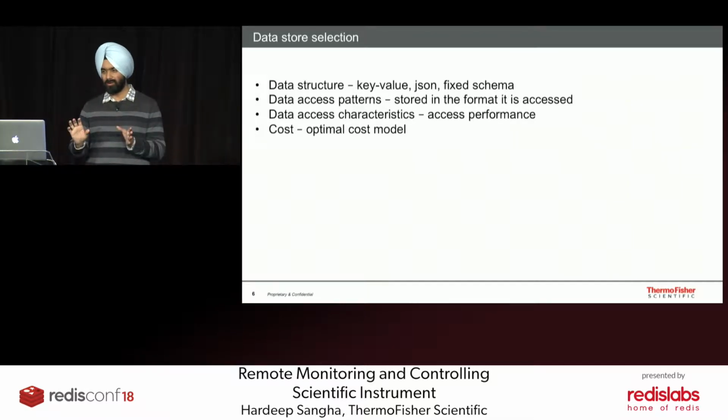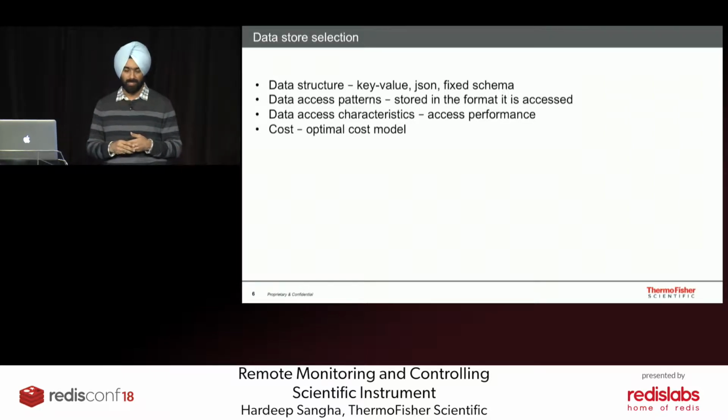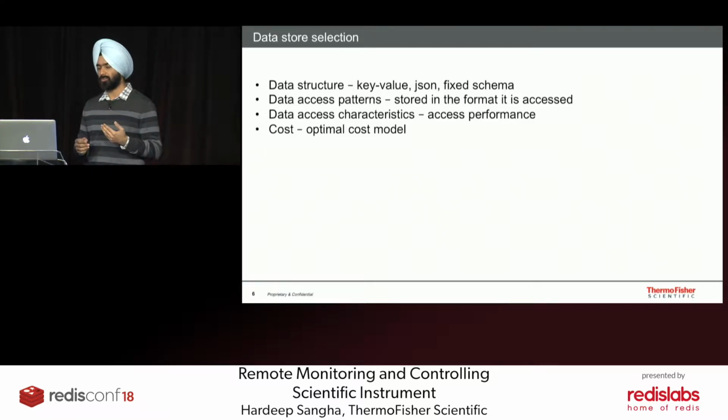So I'll talk about the whole architecture. Since this is Redis, this is the data store. Whenever you're working on an application, the key aspects to look at is you're going to figure out that this is where my data is going to reside. I think these are key attributes. To start with, you should look at what the data structure is going to be. Is it going to be really a SQL database, a NoSQL database, right? This is JSON data you're going to be working with. What are your access patterns? Access patterns are fundamental, right? Access patterns will define